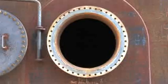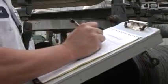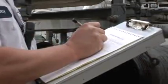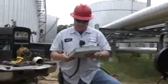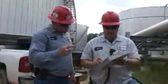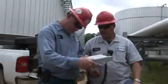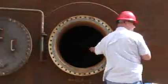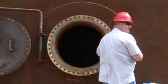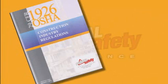If employees will enter a permit space, employers must have a written permit space program at the work site. The written program must be made available prior to and during entry operations for inspection by employees and their authorized representatives. OSHA does allow for employers to use an alternative method for entering a permit space under very specific conditions. Consult OSHA's CFR